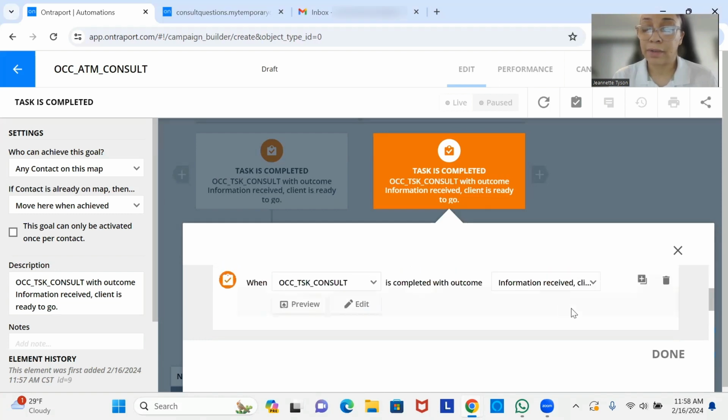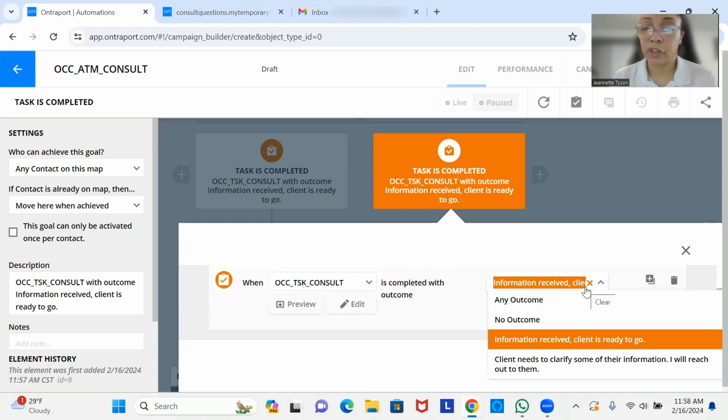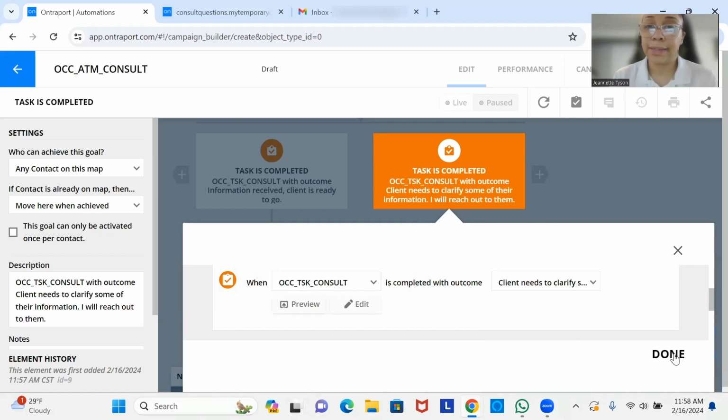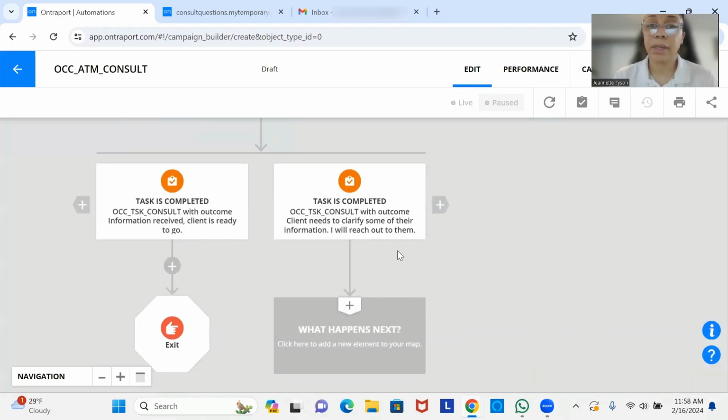So right now it says information received, clients ready to go, but I'm going to change that to client needs to clarify some of their information. I will reach out to them. So I'm going to click done there. Now,